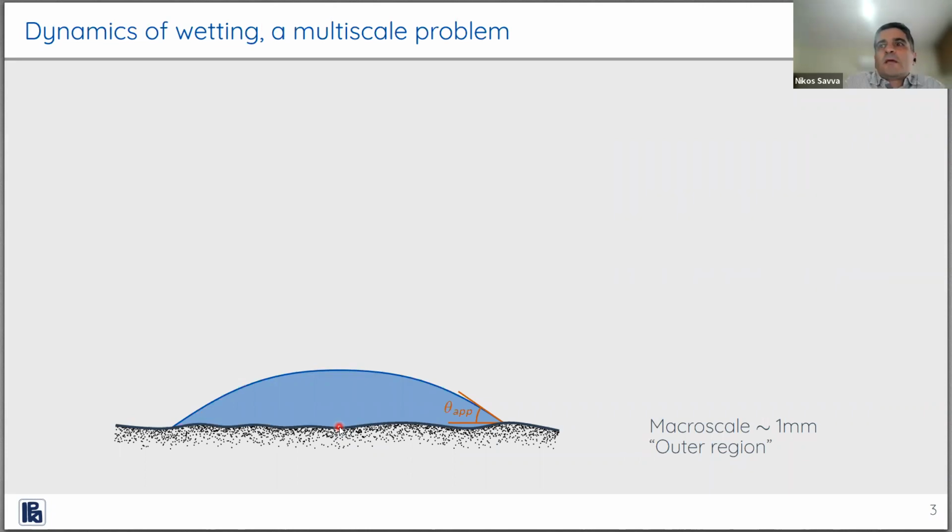So as I alluded to previously, this is a multi-scale problem. What we look at with the naked eye is the macro scale region, of the order of millimeters. This makes up the bulk of the drop. And if one wants to do CFD simulations, for example, one question is, what is the appropriate boundary condition to use? Today there's no widely accepted boundary condition to use for these kinds of problems. All right,